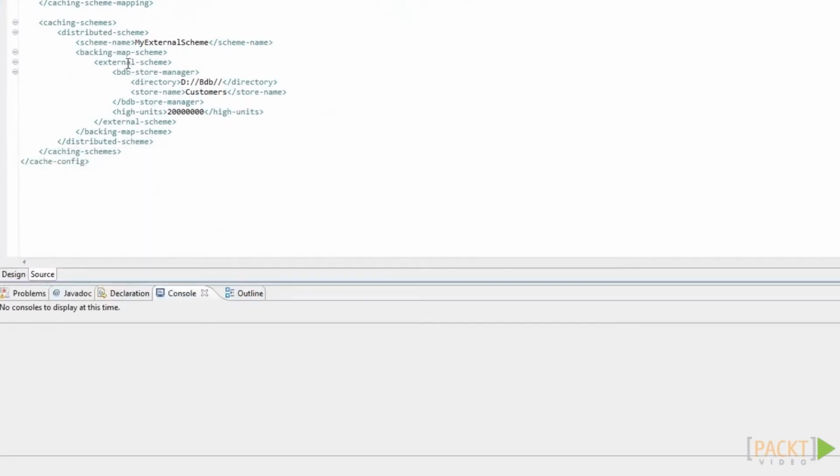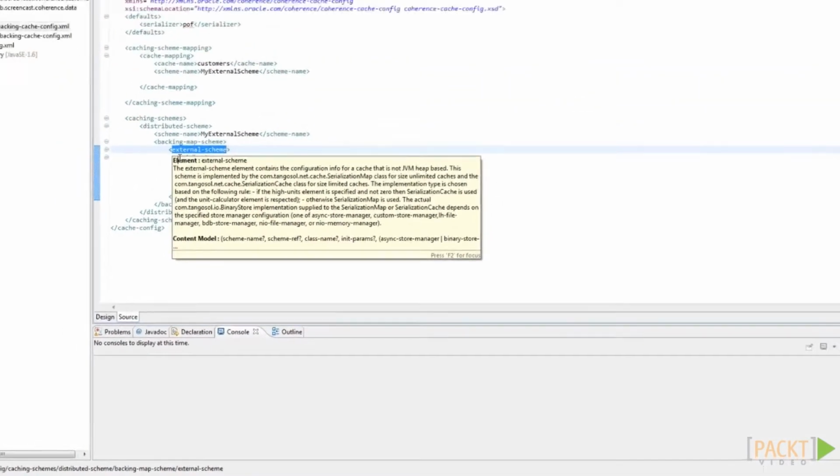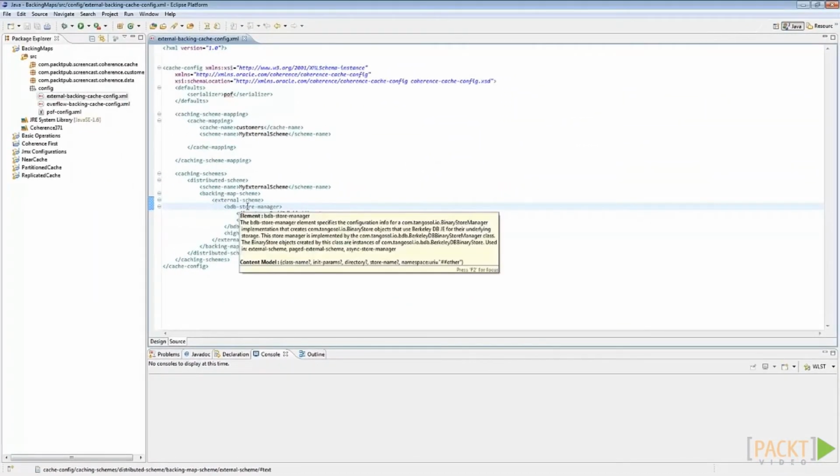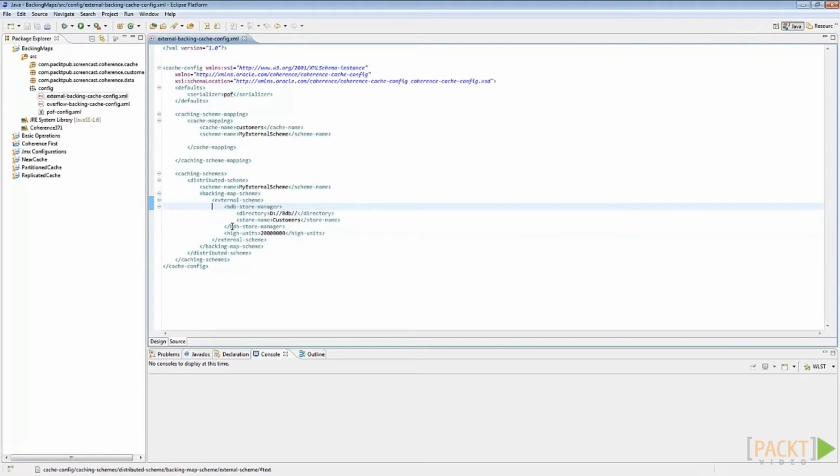External schema has been used as a backing map schema, and in the external schema, the BDB store manager element has been used. It means that Berkeley DB JE will be used to store all cached data. When the client performs a put operation, for example, this data will be stored in the Berkeley database and not